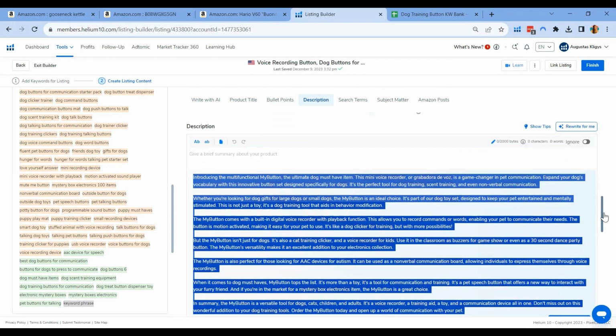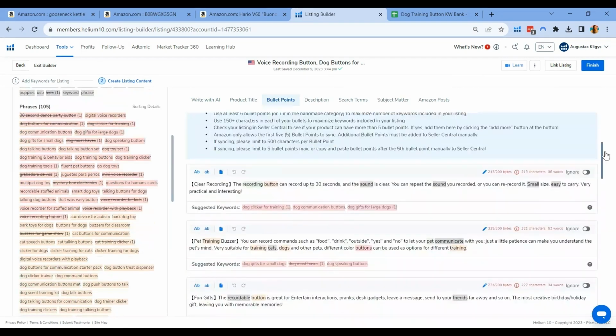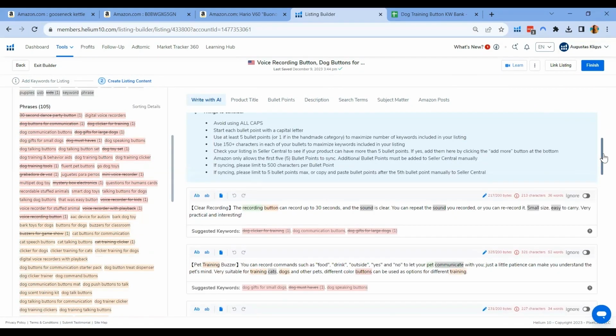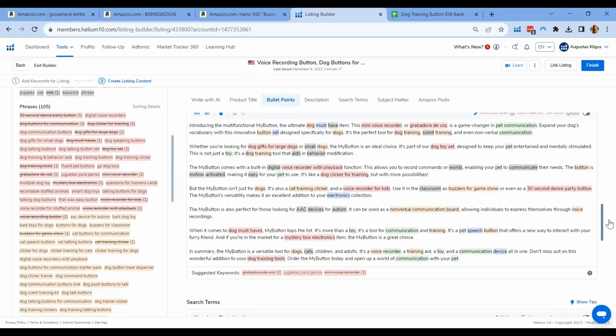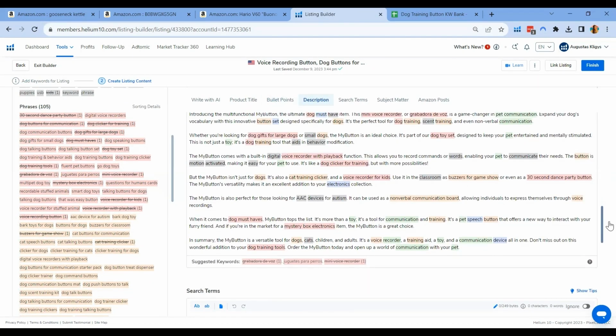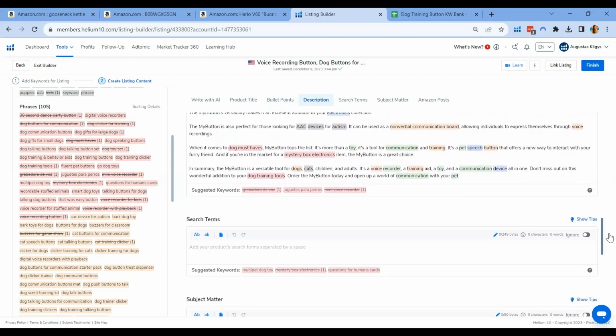And as always, you still have to do some proofreading in order to ensure that the thought and the tone is still parallel to the tone that we have established here from our title to bullet points and connected to our product description. So that's how easy it was to create a listing powered by AI, a new feature that is very helpful, an upgrade to this already very powerful tool.